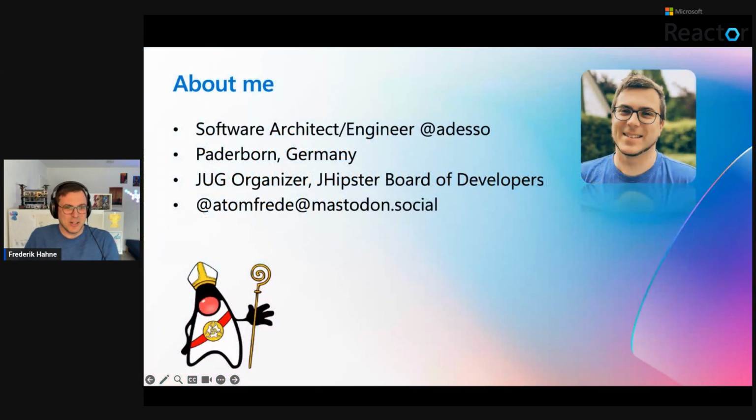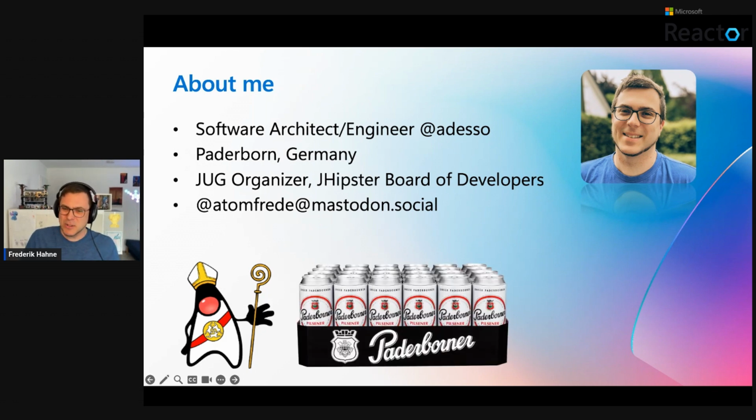So shortly about me, as I already said, I'm working in Paderborn. It's the smallest large city in Germany. So we have 150,000 people, and it's famous for churches, beer, and bread, because that's also our mascot there. And maybe you know the beer. I heard you can get it everywhere. Once we visited Dublin, and everywhere you could get Paderborner Pilsner. But you should not try it if you don't need to.